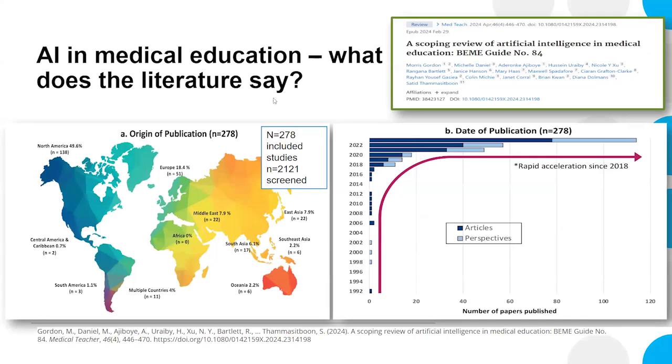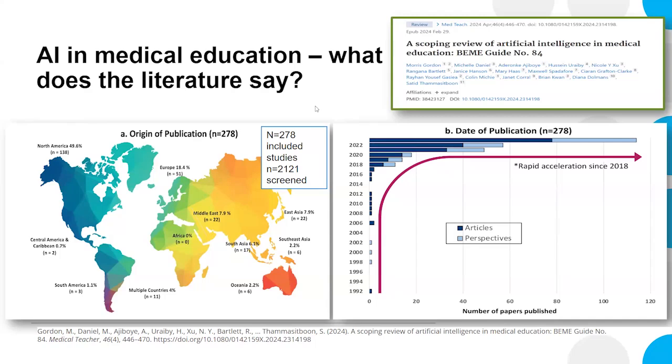And basically, I just wanted this slide to illustrate the fact that AI in medical education is very much, and all the literature that's coming out, like there's 278 papers that were included, mainly based in North America and Europe. And the global South doesn't have as much access perhaps to AI tools in med-ed, but we don't know. This is all speculation. So I think there needs to be further research into why all the research is coming from North America and Europe, and South America as well.